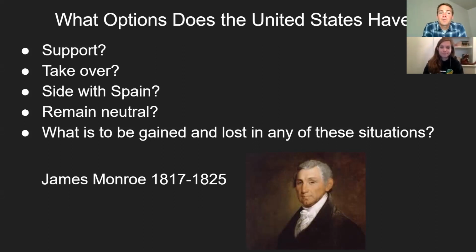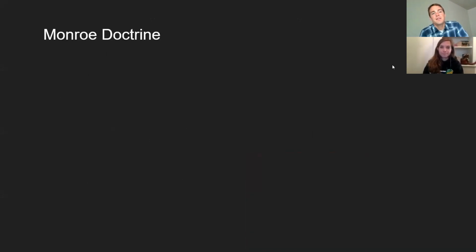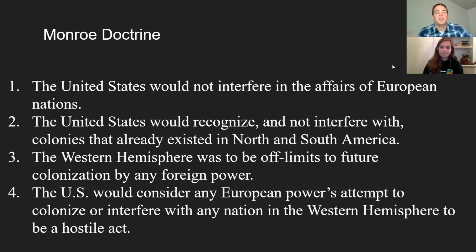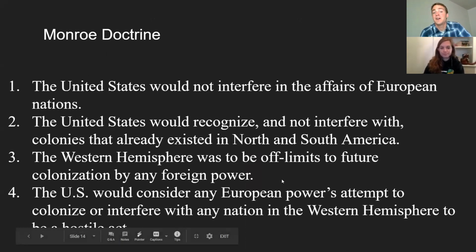Or do they themselves want to jump in and take over some of these newly independent countries, remaining neutral and just trying to stay out of it? There's a bunch of different ideas moving around in this period. And the president at the time, James Monroe, is going to put forth a plan that's going to define what the United States actions are going to be with other countries for basically the rest of the 19th century. And all of these things are eventually going to be undone to varying extents. But for about 100 years, they're the basis of what the United States is going to do with